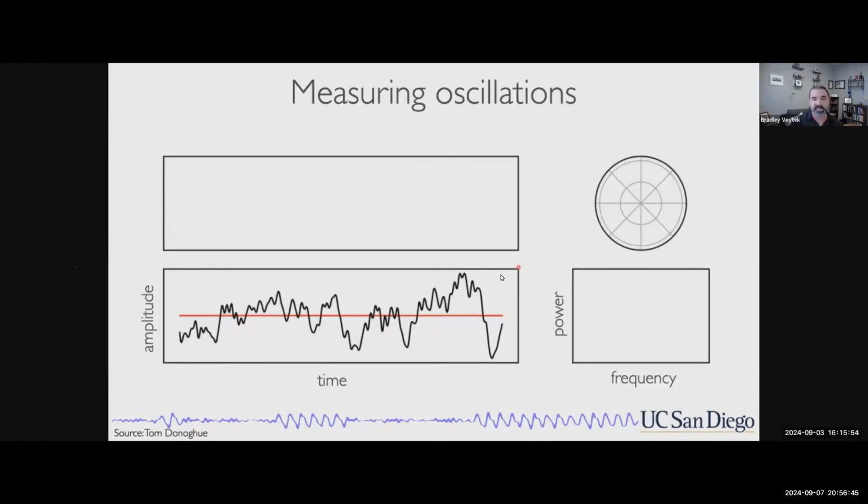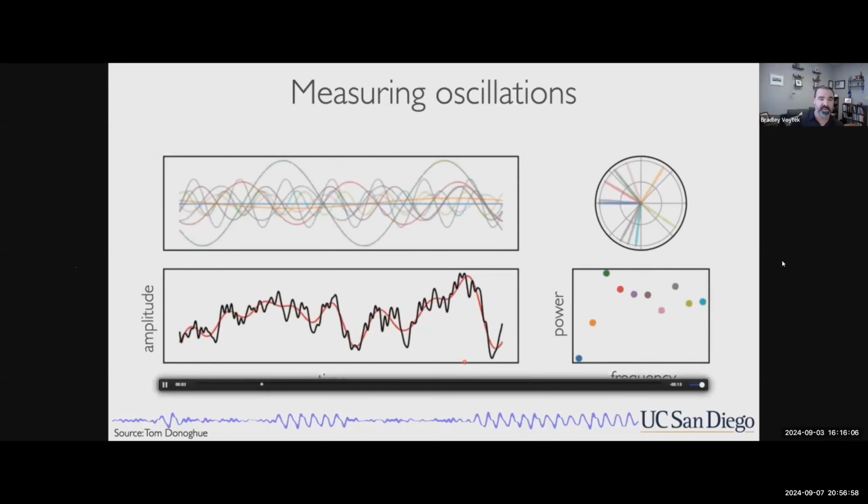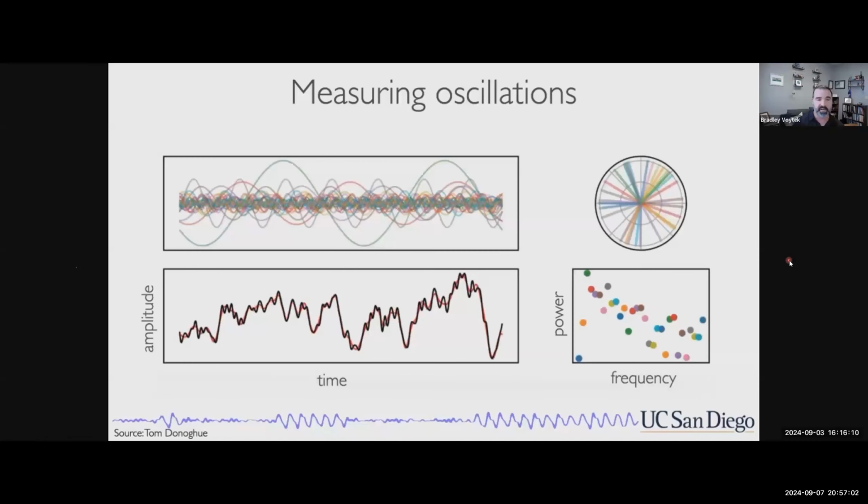But we can represent those sinusoids by 3 features: the starting phase of the sinusoid, which I'll be plotting here on the circle, as well as the power at each frequency. So here we go. You just start adding more and more sinusoids, and you get a better and better fit until you have a perfect mathematical decomposition of your time domain signal as a series of sinusoids. This is a lossless approach for